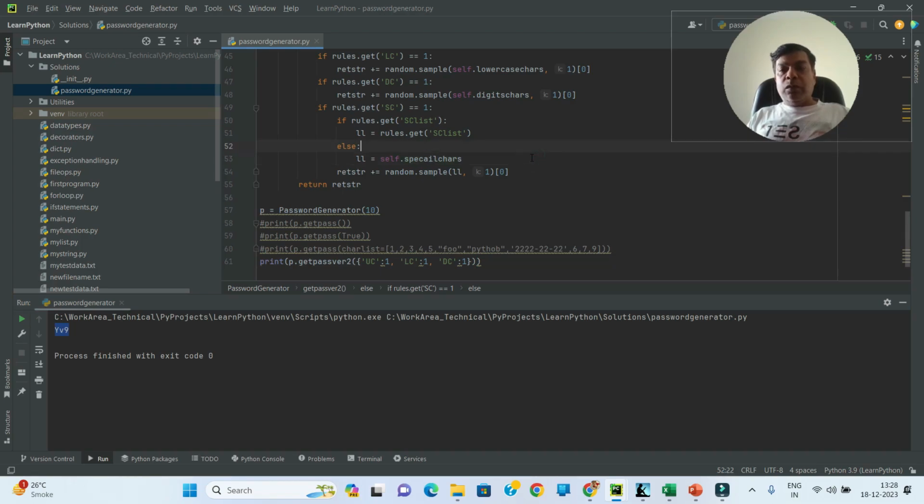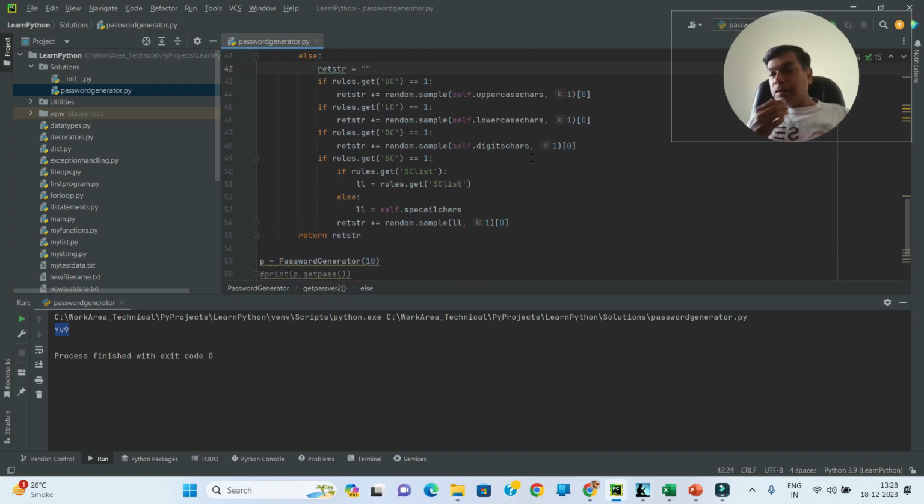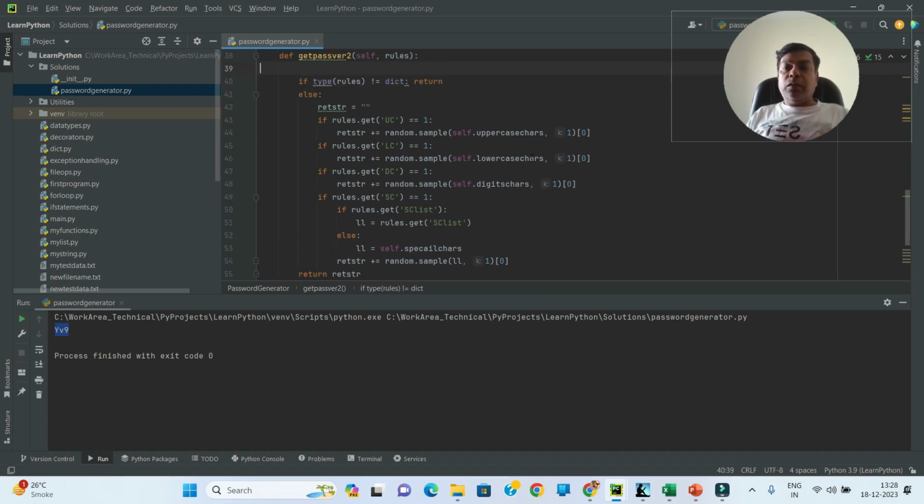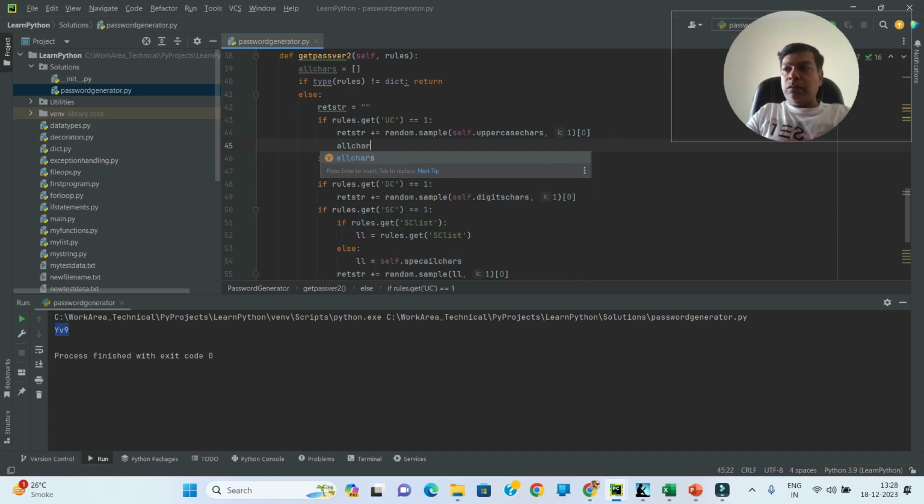Okay. So till now what we are doing is, see, when UC is equal to 1, we have to select at least one uppercase character. So we have made sure that we have at least one uppercase character if UC is equal to 1. Now what do we have to do? Because we have to generate a password of user defined length. So let's define one list. Now what we will do is, if UC is equal to 1, we will add uppercase characters